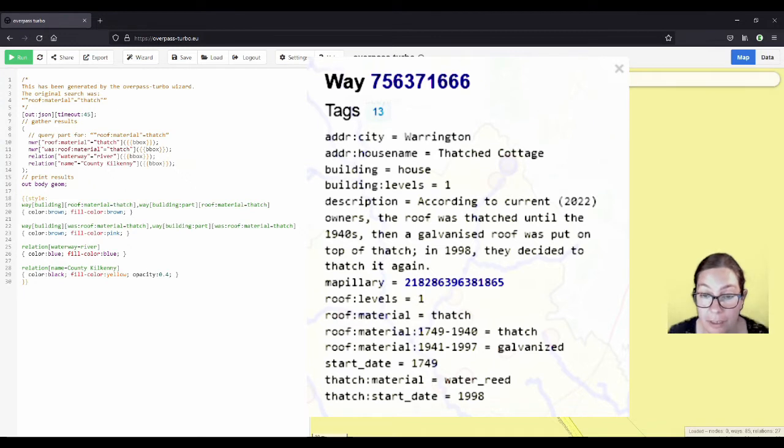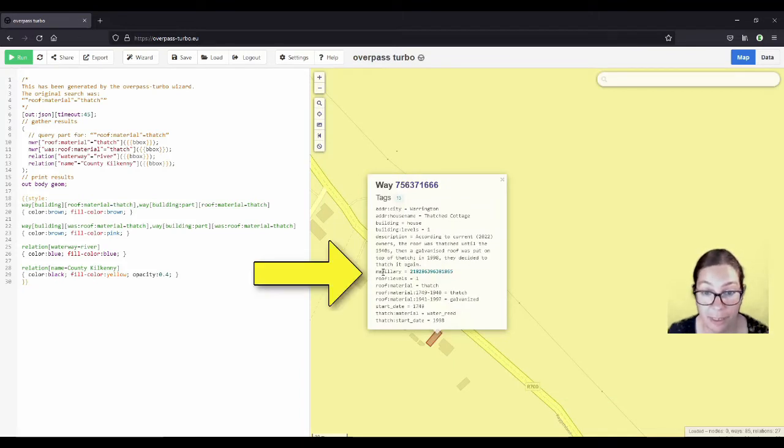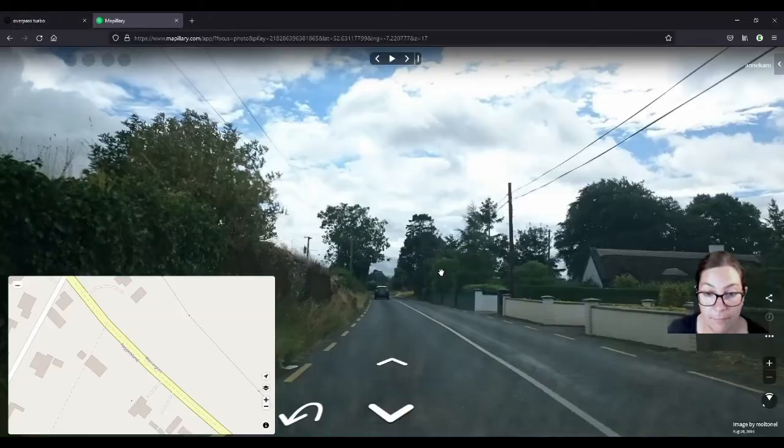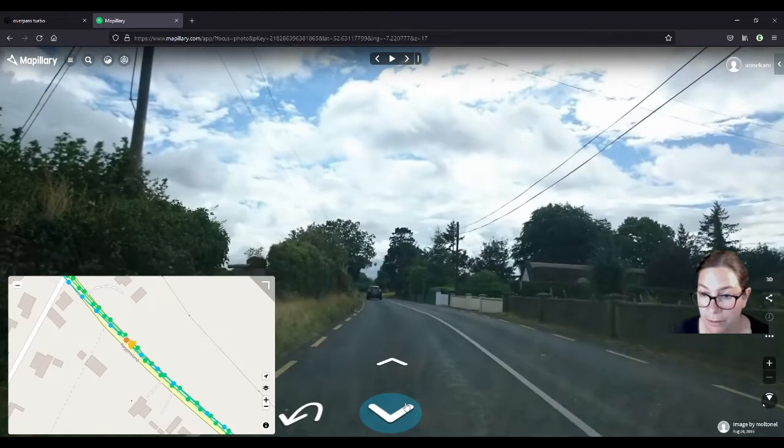The only thing I don't have of that one, which I will get, and then it's going to be the perfect example, hopefully, is a Wikimedia image. But I'm going to have to cycle out there and take a picture at some point. I found it on Mapillary, so I've added the Mapillary link here. If I click on that, I'll show you. So this is the picture taken by Multinel in 2018, I think that says, down in the bottom corner. And it's here on the side. So you can see it from the road. And yeah, that's the best picture we have of it. I don't know if I go back, if that does anything. Yeah, it's a good enough picture. You can recognize it as a thatched building.